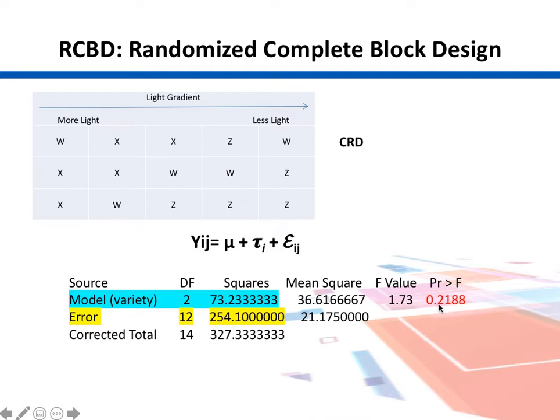The result is non-significant. But we realize that in this design there is one issue, that we are seeing some gradient here, and this gradient is a light gradient. So maybe suppose we have a light source on this side, and this is towards the light source, and the various sections of this greenhouse are exposed to some light gradient. So here we have more light as far as these experimental units are concerned, and here we see less light.